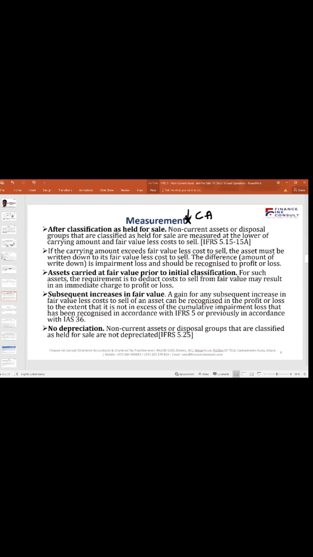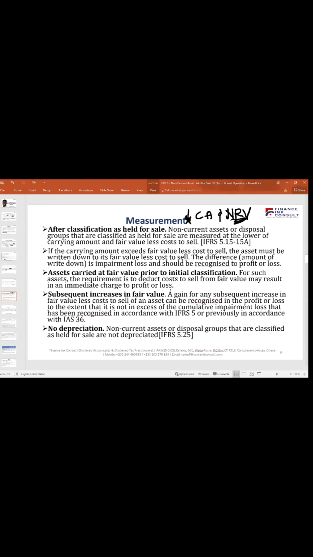Lower, this is the symbol for lower, okay? Lower of carrying amount and net realizable value. If the carrying amount exceeds fair value less cost to sell, so if the carrying amount exceeds NRV, the asset must be written down to its fair value less cost to sell, that is NRV. The difference, which is the amount of the write down, is treated as